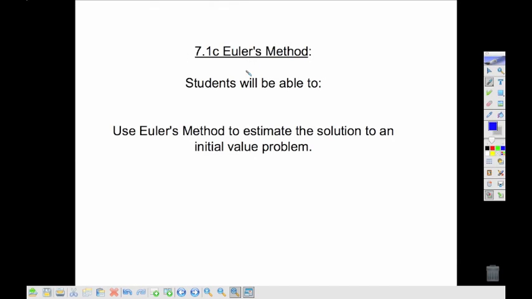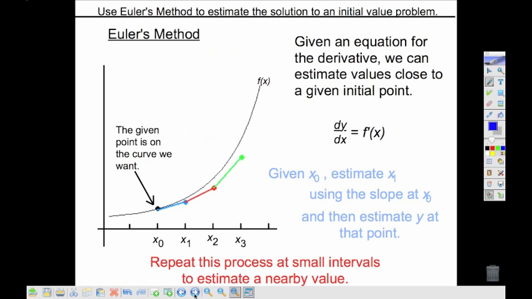In this section, we'll be looking at something called Euler's method, which is used to approximate a solution to an initial value problem when we're dealing with differential equations. The idea behind Euler's method is if we have a curve, then we can approximate values using the slope